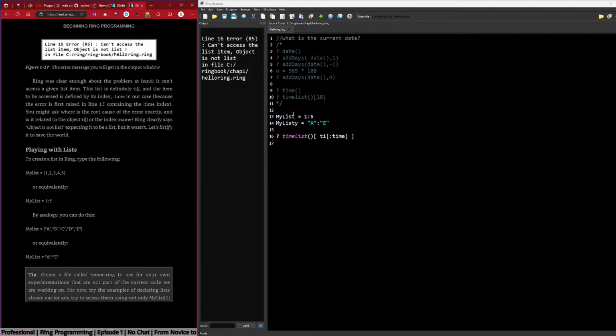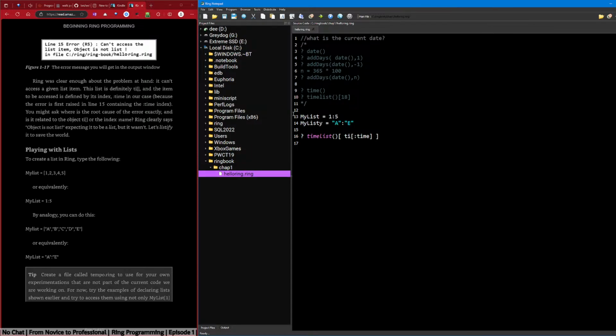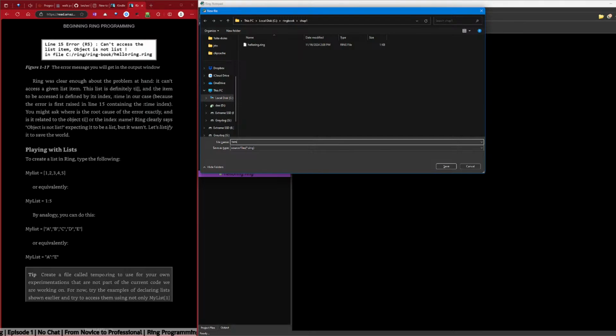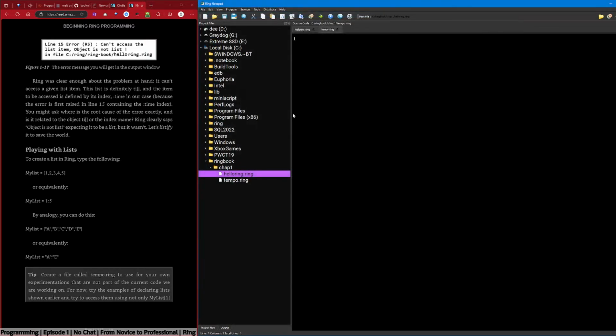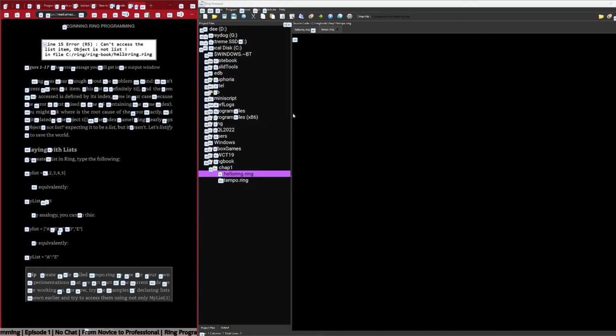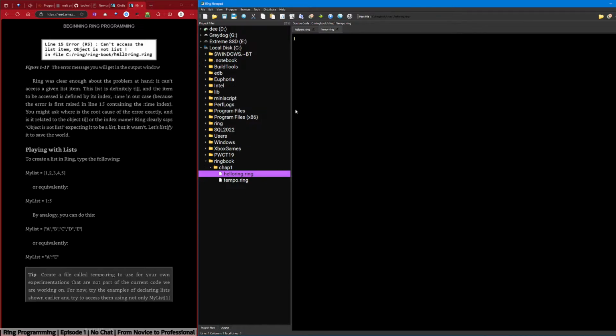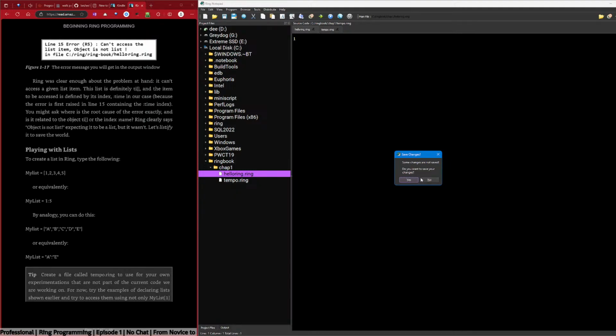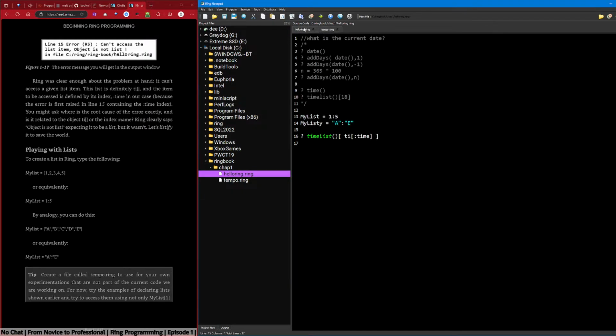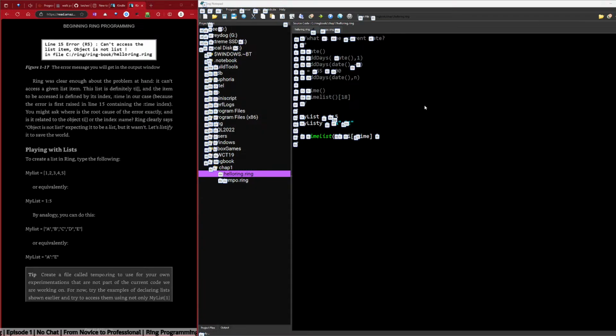Create a file called tempo.ring. Wait, can I not switch files with that little visual thingy?